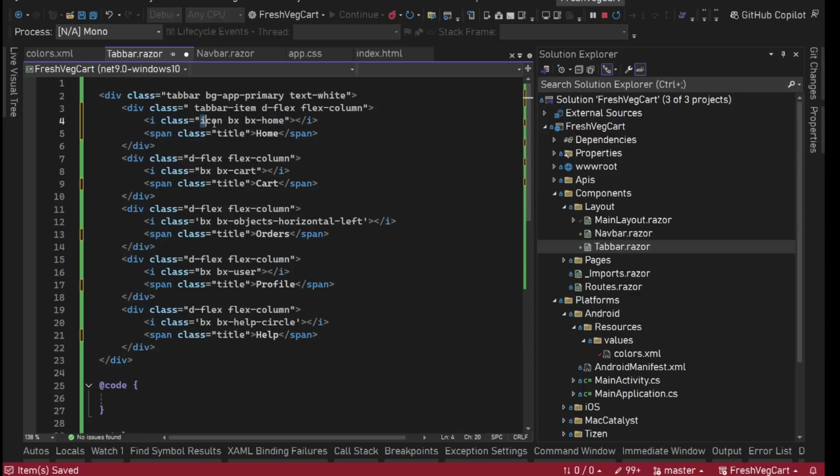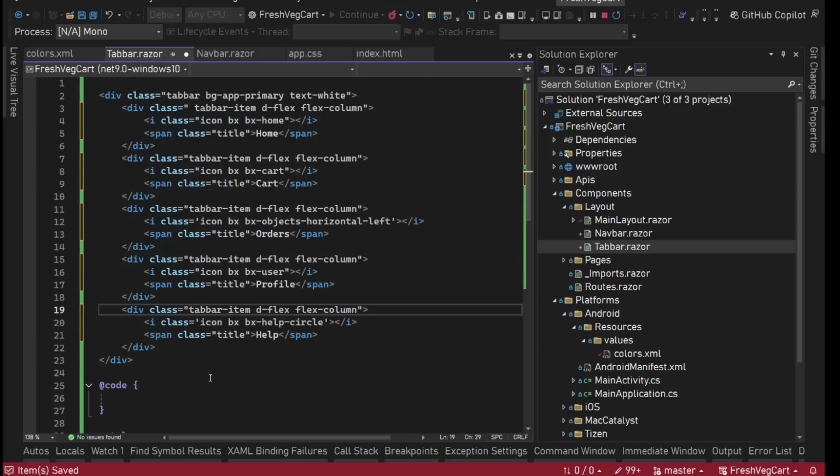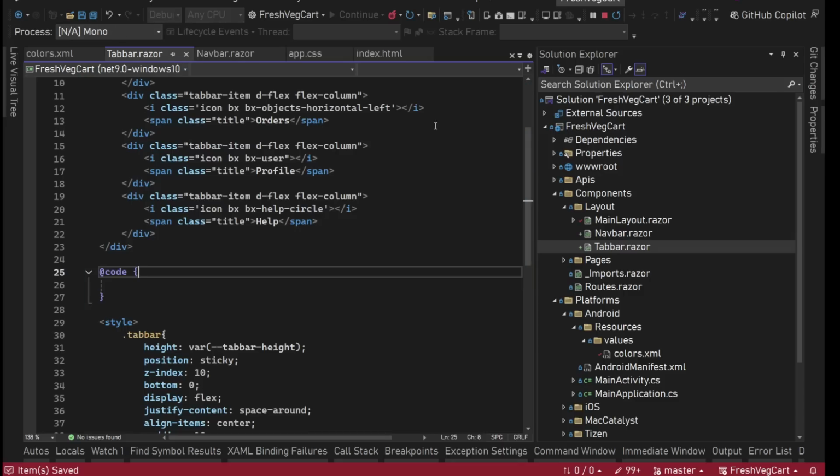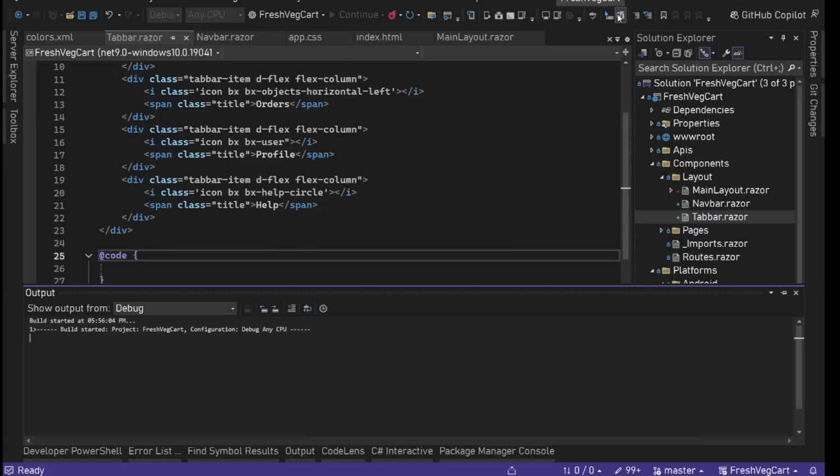Then this class icon, let's add these to all the icons. And then tab bar item class, let's add this to all these divs so that we can have some common styling. Save everything. Let's restart. Then we'll start designing this in the main